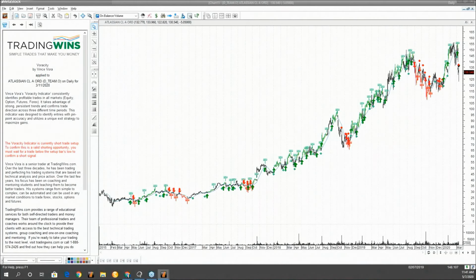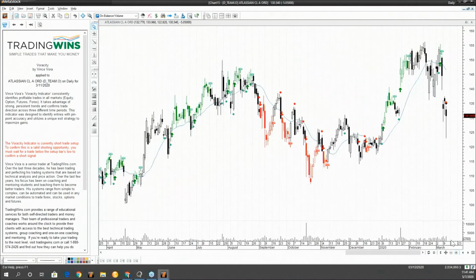So let's just go in the back before I even get into the short setup that we had. If we scroll in a little bit, this is on a daily chart. These last few moves that you had were actually really good. This one caught the gap up. As long as it hit above the previous bar's high, then it would have gotten you into that trade.